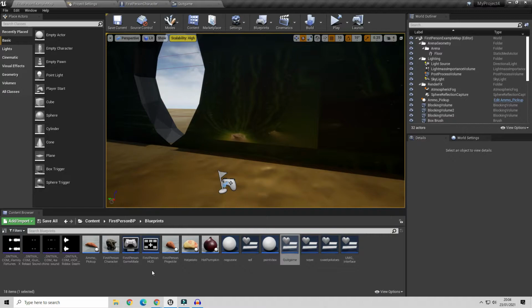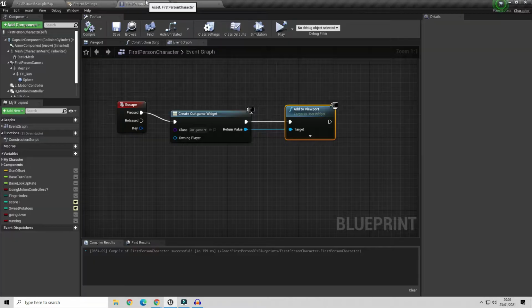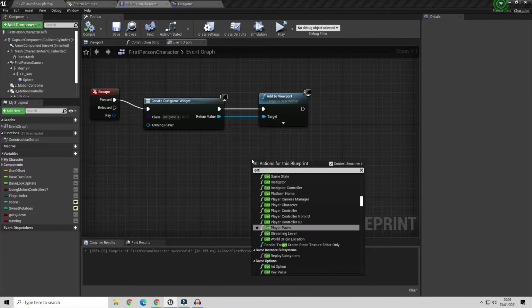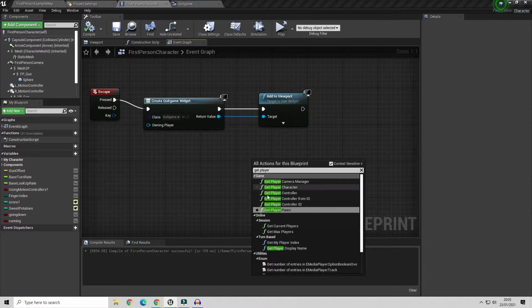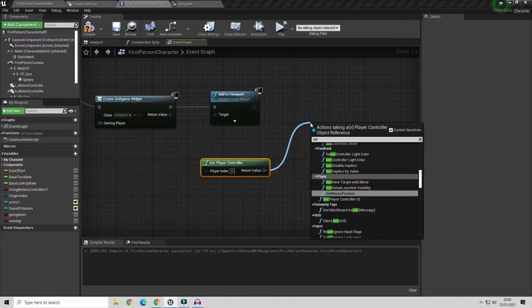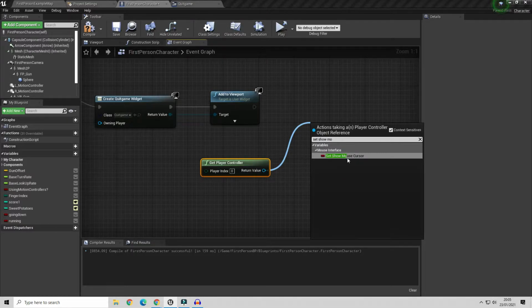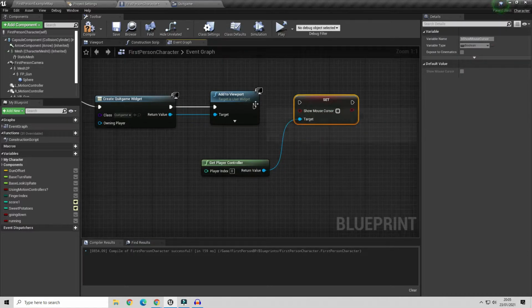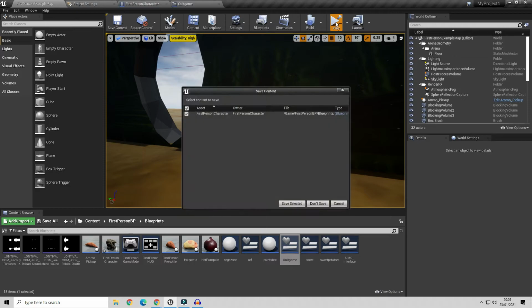And what we need to do there is go back into the first person character. To get the mouse cursor to be shown on the pause menu, we just need to get our player controller, drag from the controller, and set show mouse cursor to on. Click on, compile,